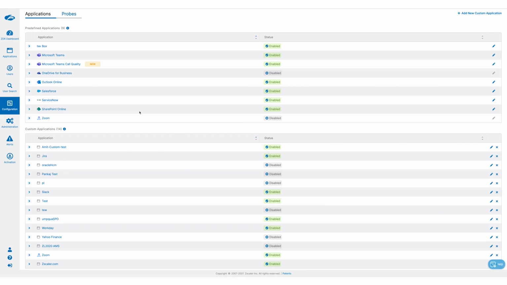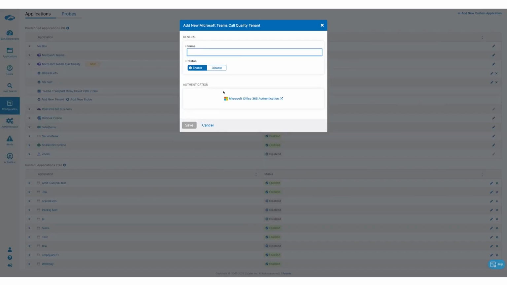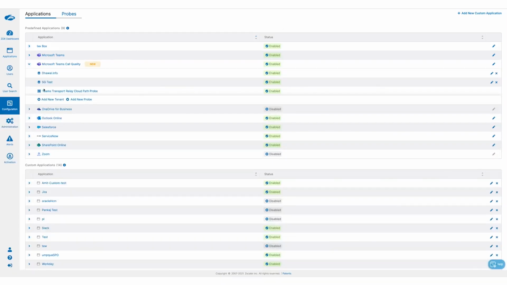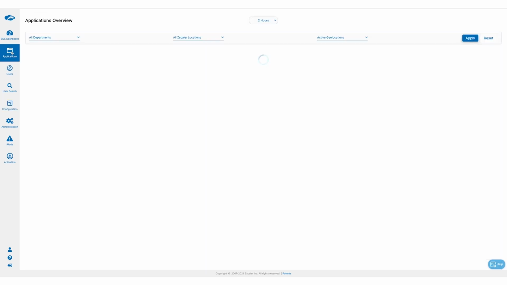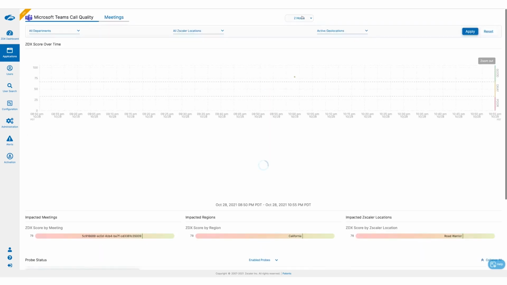I'm going to tell you about the integration we've done for Microsoft Teams with Graph API to be able to read call records, as part of our unified communication as a service plan. So I will start by telling you about the configuration. It's very simple. As part of this new application, Teams Call Quality, we need to define a tenant that just needs to be authenticated by one of your administrators, who consents to the permissions that we require, which is reading profiles and call records. It's as simple as that, and we are using the paradigm of CASB, exactly the same thing. Once we have the tenant defined, we will get records of calls, and they will be shown in this way in the application.